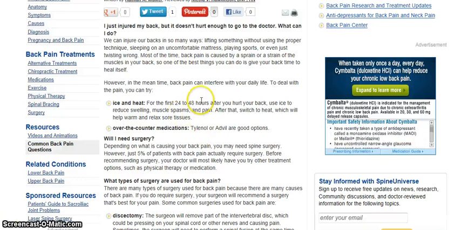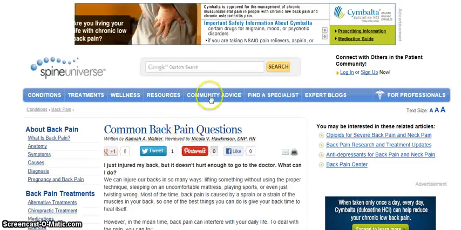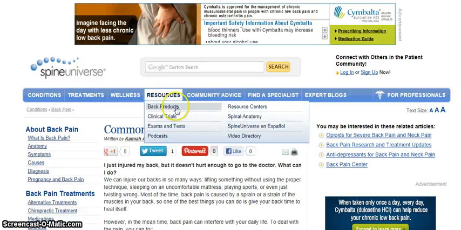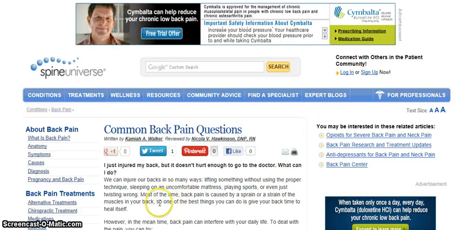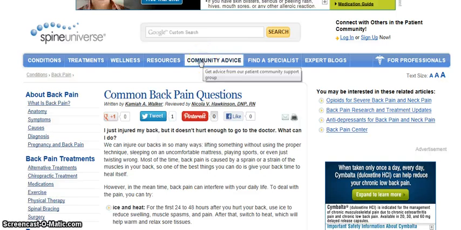Next, looking at diverse racial and ethnic groups, this page does not really address that. There is, however, under resources, an option to have the spineuniverse website translated into Spanish. What this page really does is group information by what patients are experiencing, not necessarily by race or ethnicity. What I mean by this is by clicking on Community Advice,